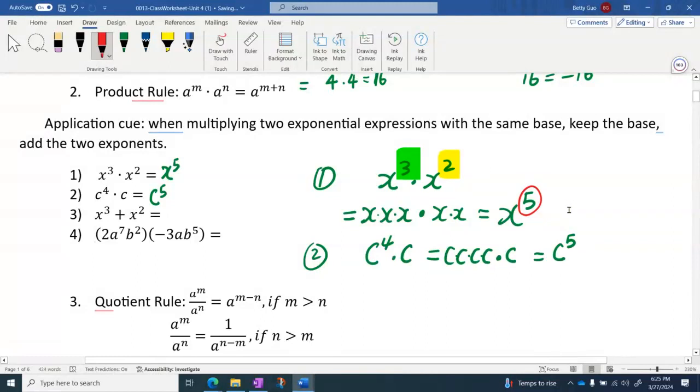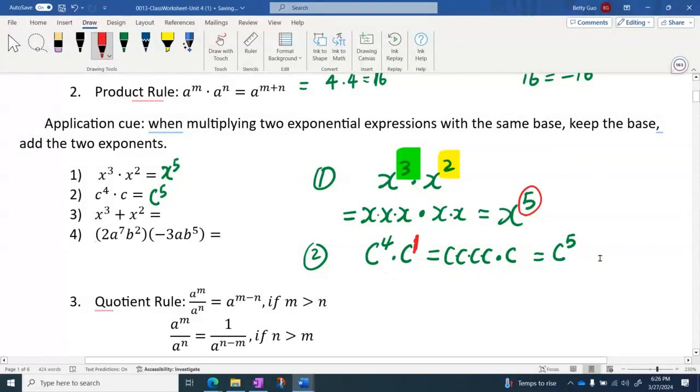It's pretty easy to understand because 3 here means the first part contributes 3 x's. 2 here means the second part contributes 2 x's. So together 3 plus 2 is the total number of x's in the multiplication. That's the reason the result is x to the power 5. Similarly,